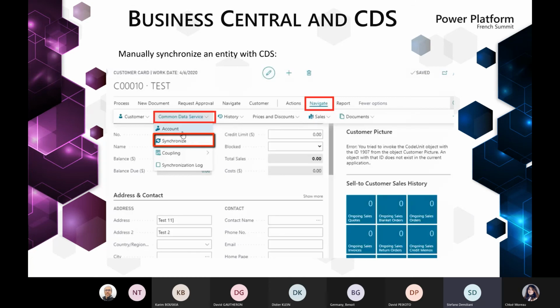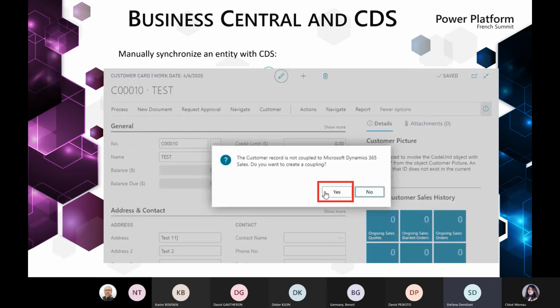So if you go on the entity, the customer card, for example, you can click on Navigate, Common Data Service, and then click on Synchronize, because maybe it's a customer that I just inserted now and I want to immediately synchronize to CDS. You can do that also manually by going to the Navigate, Common Data Service, Synchronize menu, and then